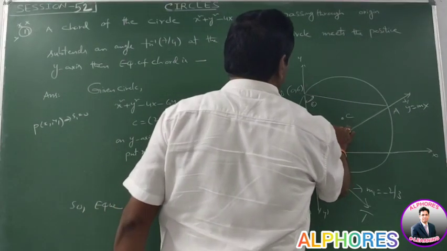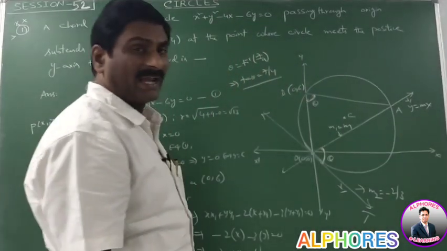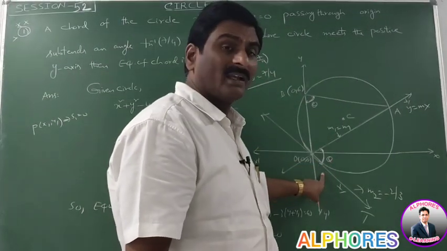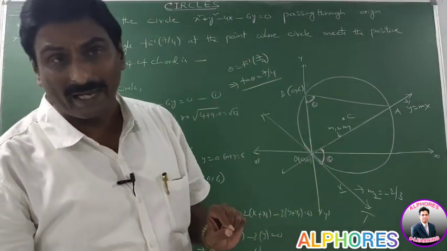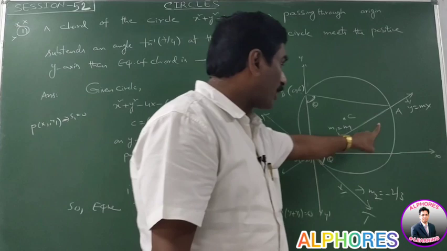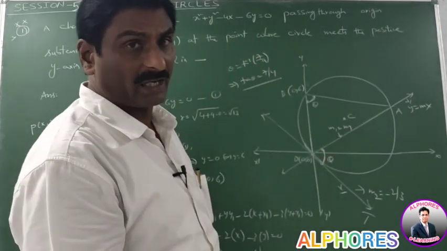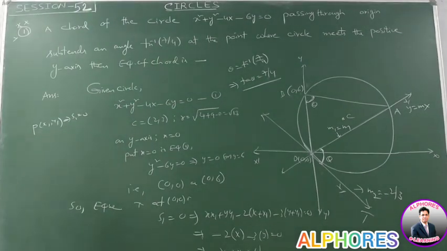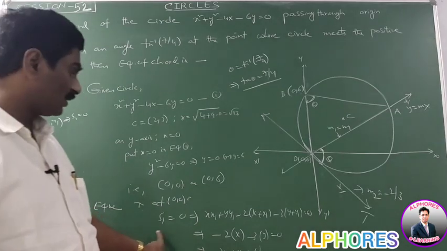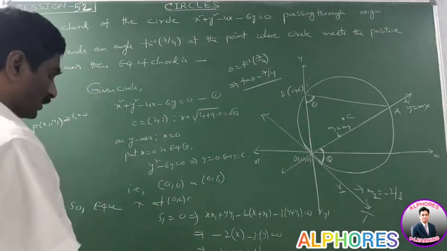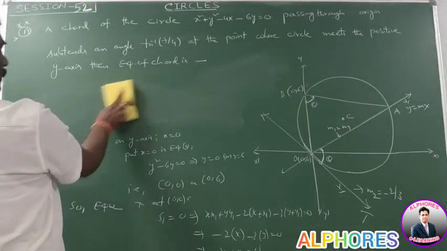The slope of the other line is unknown, so m1 = m, m2 = -2/3. If the angle between the two lines is given, then what is the condition? tan theta = |(m1 - m2)/(1 + m1 m2)|. By using that property, we find the slope of the line OA or chord OA. Very very important, please note this point. The equation of the tangent at (0, 0) is S1 = 0, that implies 2x + 3y = 0.